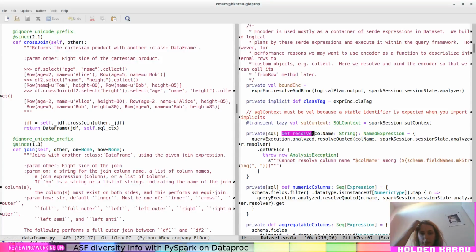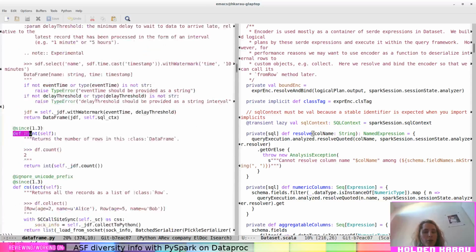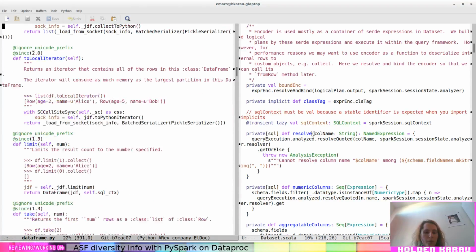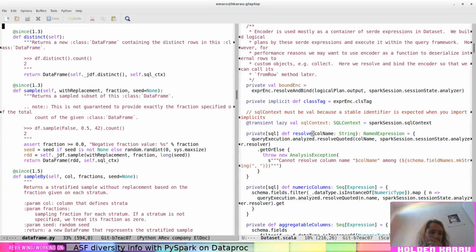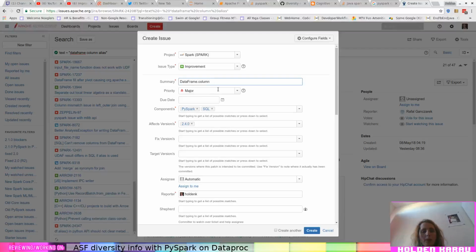So it resolves immediately inside of here. Over here, if we look, dot def col. Okay. Yeah, okay. Data frame.column name should take into account data frame alias for future.